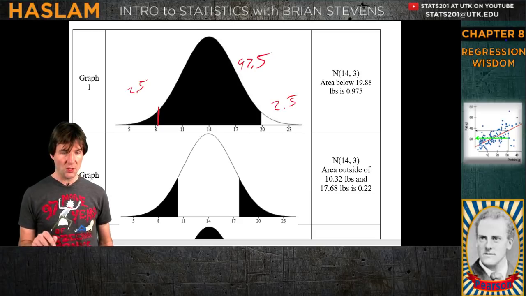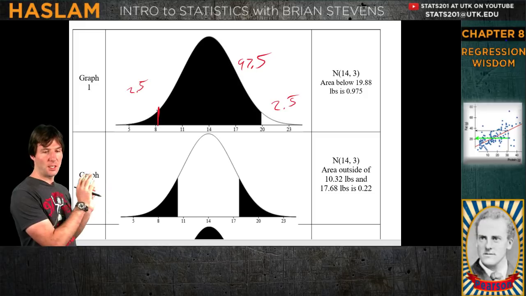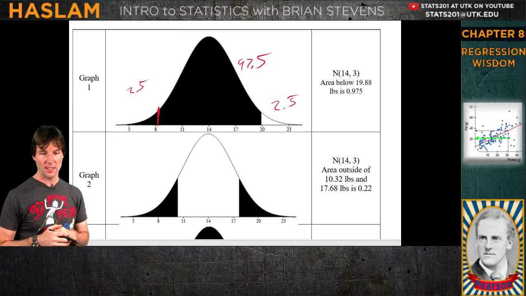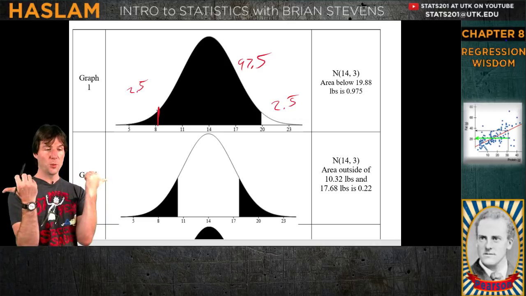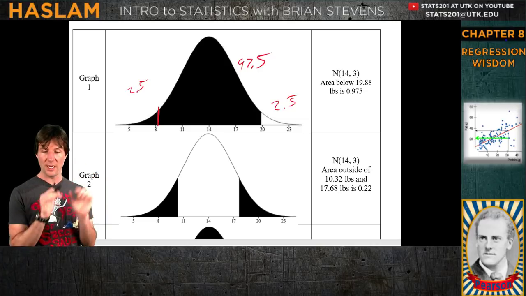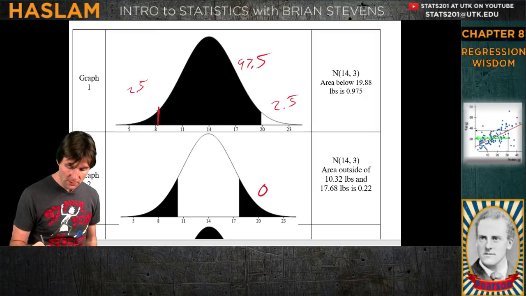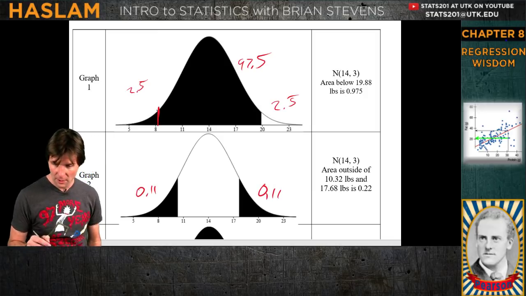Okay, 22% on this curve is on the outside. Does everyone see this second curve? 22% of it is on the outside. What would be on the inside of that curve? What's on the inside of that curve right now if 22% is on the outside? Well, no, if 22% is on the outside, what is on the inside? I think, Alexandria, you're right on the 11s, so each of these would be worth 11 right here. You are correct. What's on the inside of there?